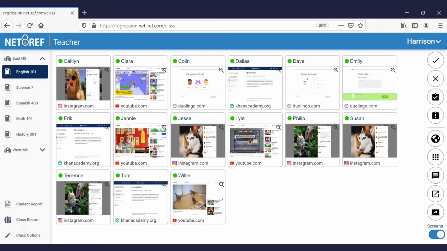You'll see Caitlin is still on Instagram. Let's get her back on task. When you click on a student's tile, 4 buttons appear. The green checkmark button is on, and the circle next to Caitlin's name is green, which means she's allowed to visit any website. Clicking on the X button blocks her access to the internet and changes the circle on Caitlin's